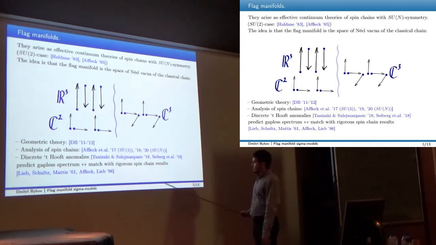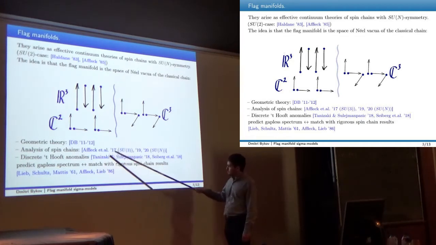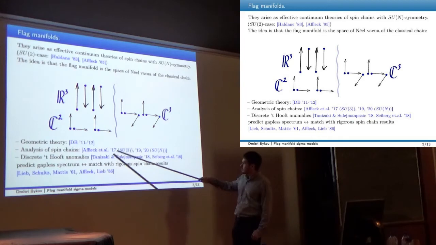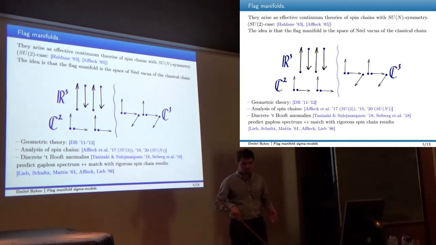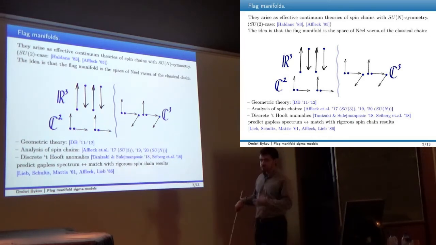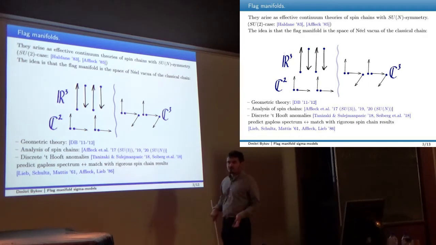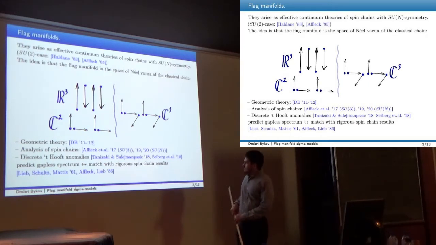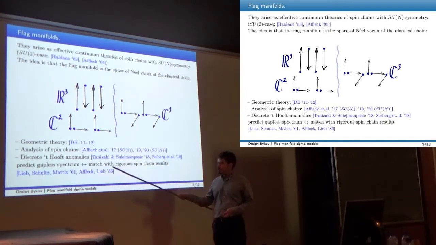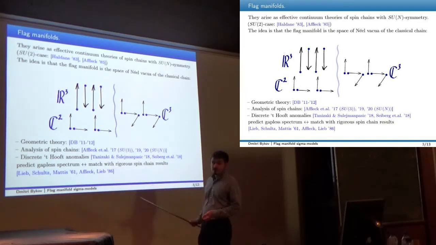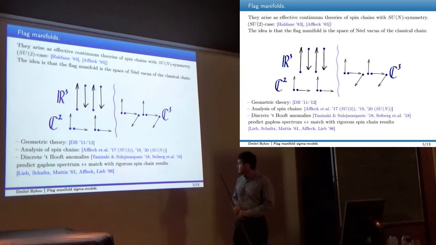So, some years ago, this research was further extended in these papers, where the authors studied the spin chains more carefully. They actually found generalizations of Haldane conjectures for this SU(N) case, and so on. And the nice thing, from the point of view of field theory of these flag manifold models, is that there are these discrete Hopf anomalies in these models, which,